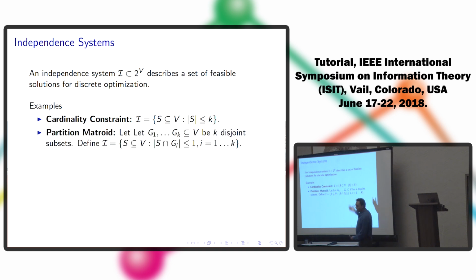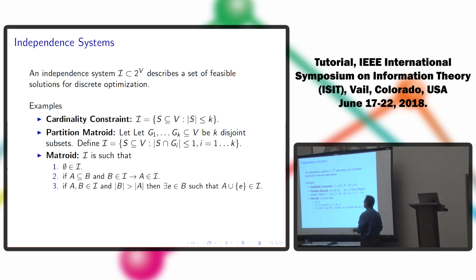A little bit more general set of constraints are partition matroids. So we are going to partition the ground set V into k groups. And then the condition is that from each group we can return at most 1 element. A little bit more general is the matroid